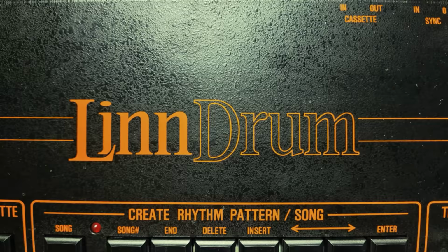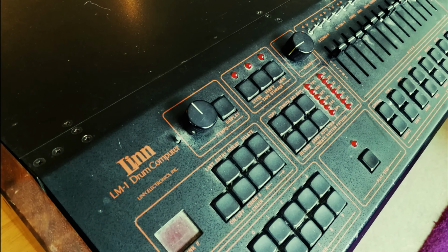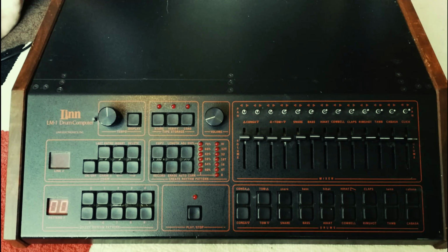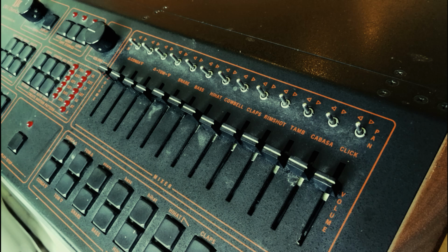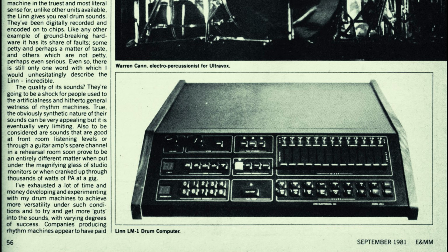This is the LinnDrum from 1982, arguably the most famous digital drum machine of all time. It was the successor to the groundbreaking Linn LM1 drum computer from 1979, which was the first commercially available programmable drum machine with sounds generated from digital samples rather than analog synthesis. The LM1 sold around 500 units at $5,000 a pop, and this allowed Roger Linn to develop a second instrument,